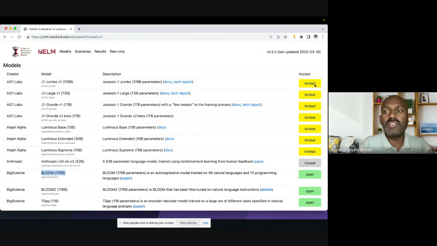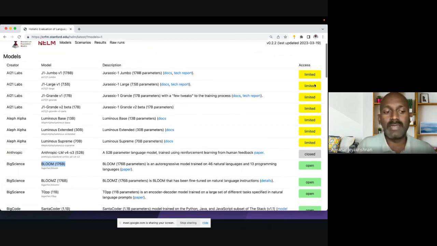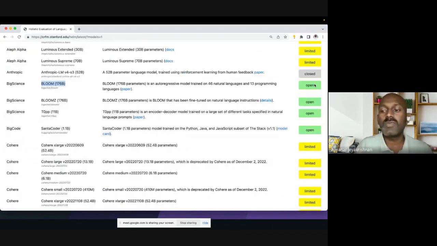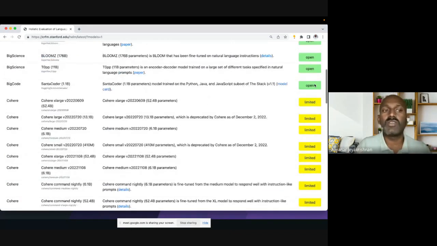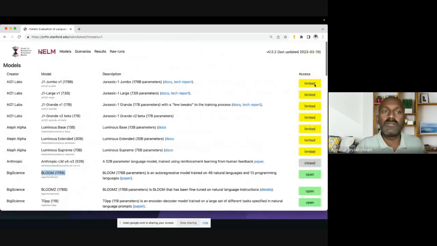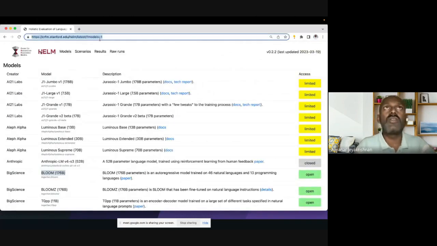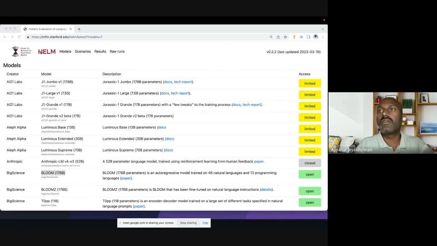Then you need to understand the licensing, whether you can use it for testing and research purposes, but you cannot use it for commercial purposes. Based on that, it will keep changing. This is one I'll put in the chat link, guys. You can use it.